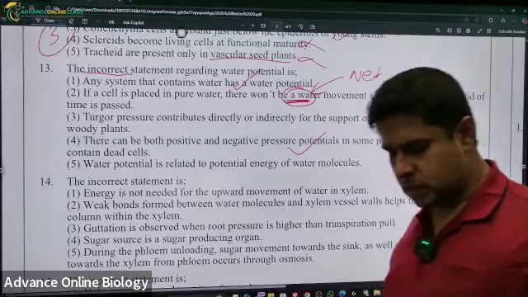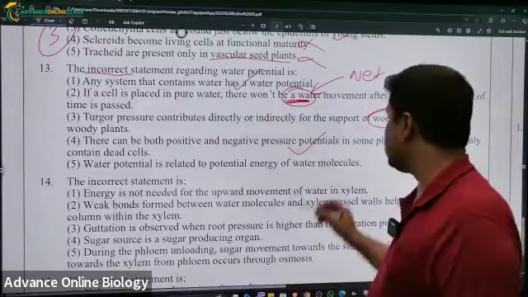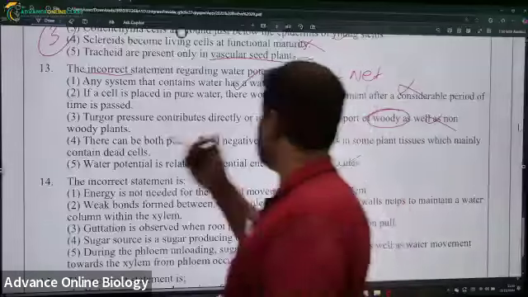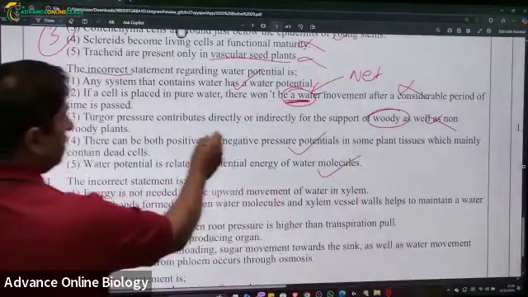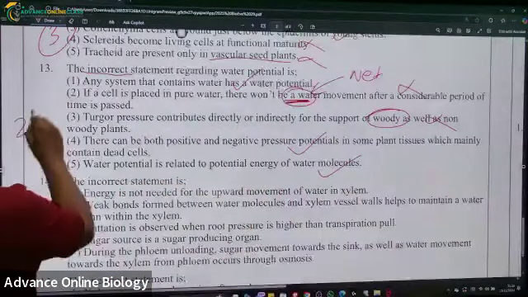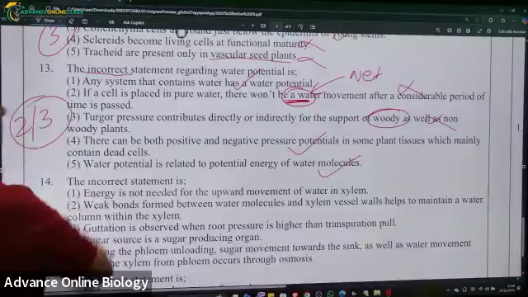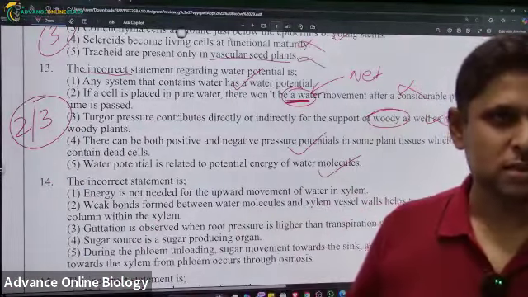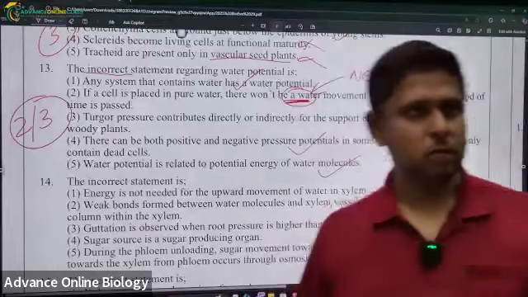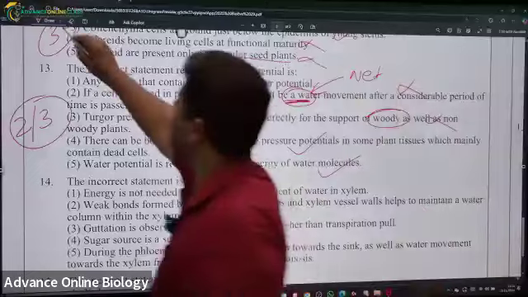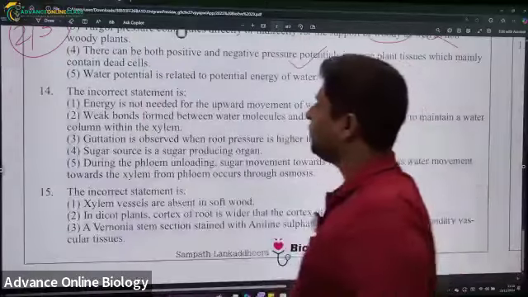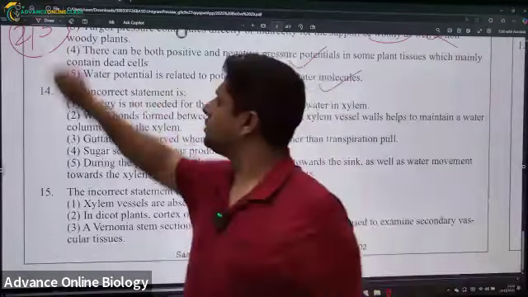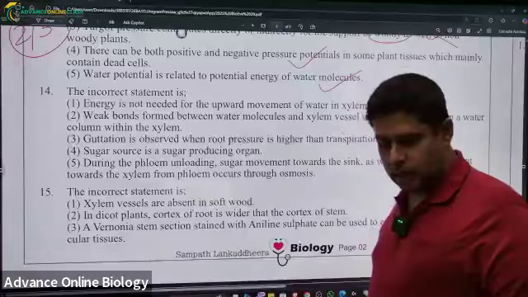Then water potential is related to the potential energy of water molecules. Yes. So we have the answer. I'm taking two answers, people, second and third, because the second also has some issue. It has to be net water movement. Question number 14. The incorrect statement is